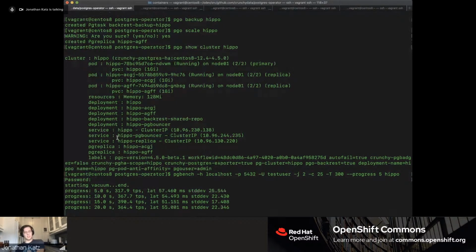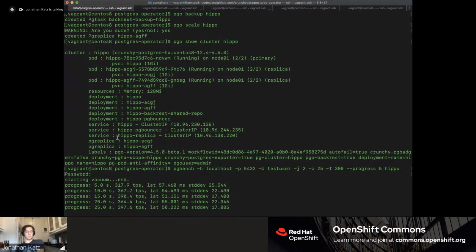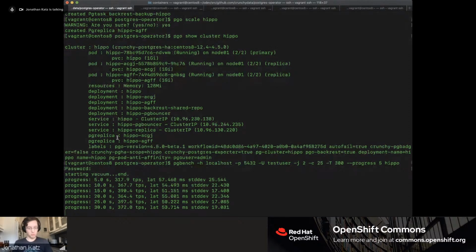This is uncharted territory. But in this case, I'm going to try to purposely break it. What I'm going to do is kill the primary node while we're running pgbench, and we're going to see what happens. So first off, let me find an available terminal window where I can do it. I realize the font's probably really small here, but I'm going to run a delete on the primary node.